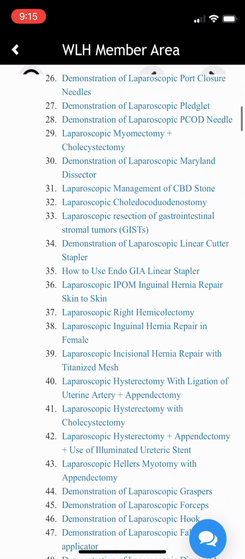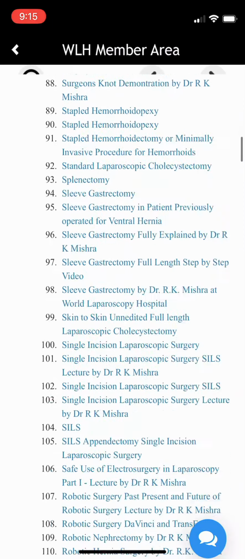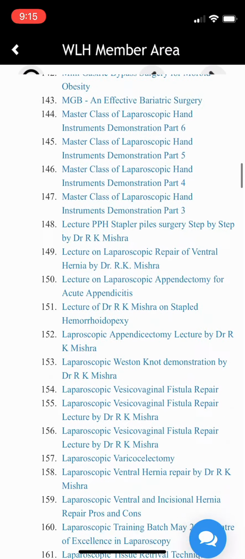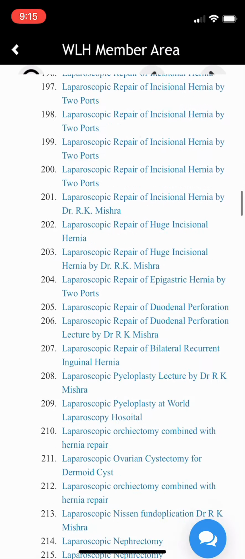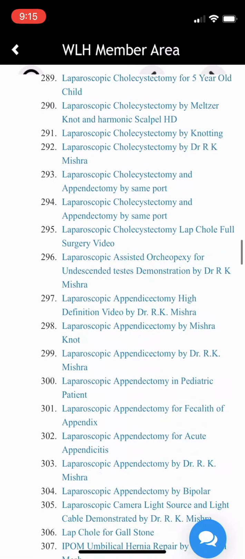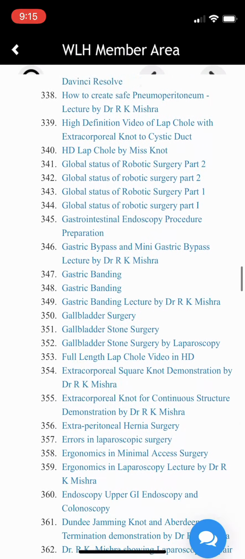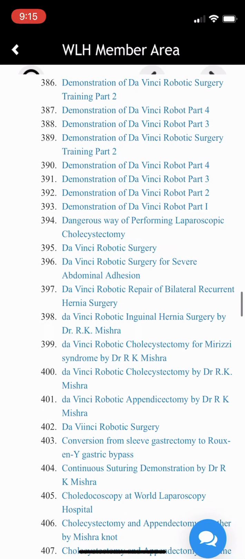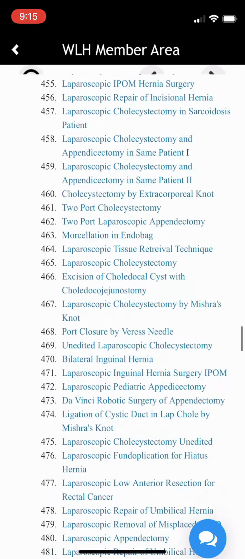Then these are videos, there are hundreds of videos, high definition videos, which you can directly download to your mobile or to your computer. There are approximately 2000 videos all together, and all are high definition videos.